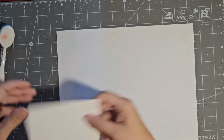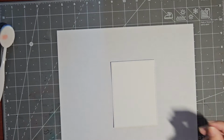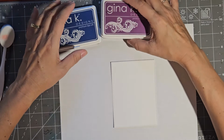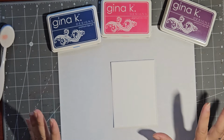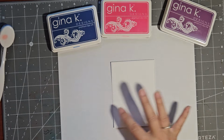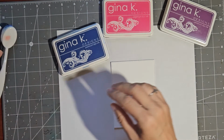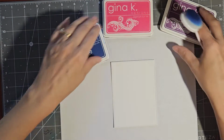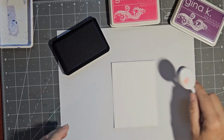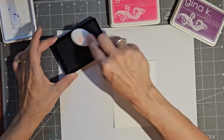So let's go ahead. We always want to start, because I don't want to smear this ink, with my sky, and I like to look up references, either my own pictures or really dramatic sunsets or sunrises online to help me pick out the colors and where I want to put them. So I'm going to begin with my darkest color. I'm going to put the blue up at the top, and I really admire people who have the patience and the technique to get a really nice smooth blend, but it's not necessary for a